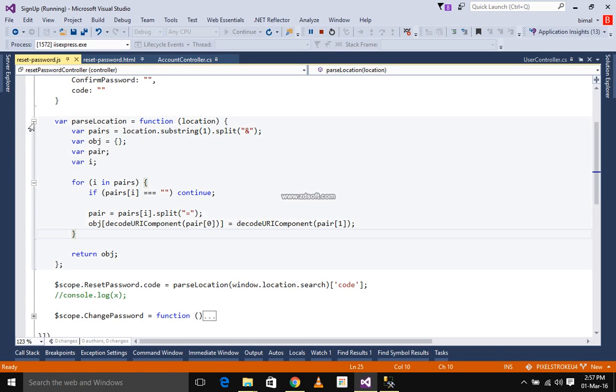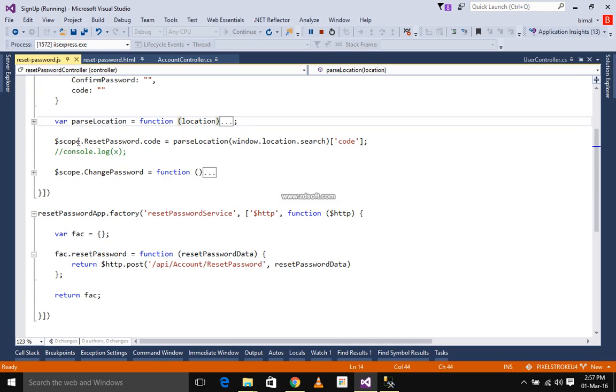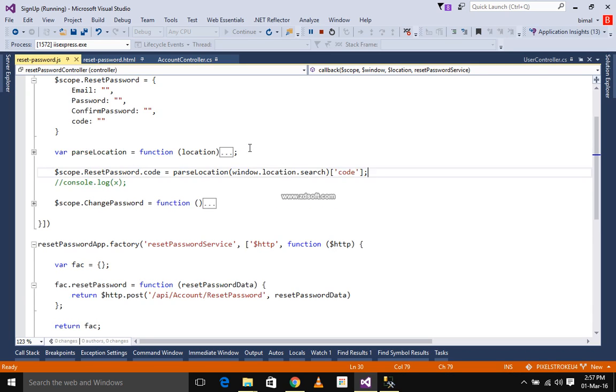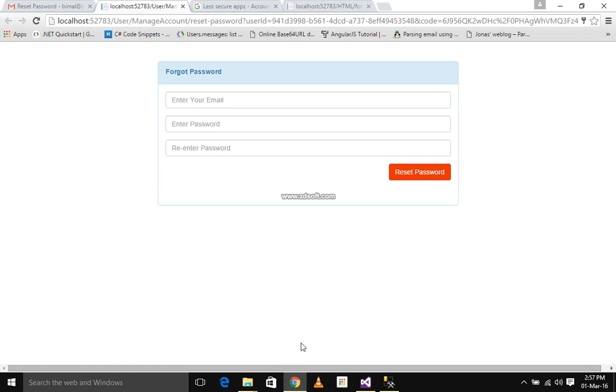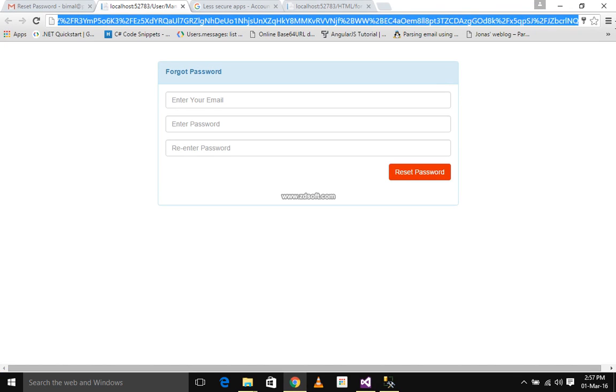After that, call this function. So here I am calling this function parseLocation, passing window.location.search. I am searching for code. Here is the code. So this code will be what we get from this function, only this part of the string we are getting. Okay,